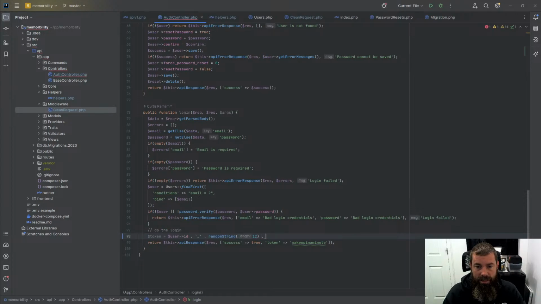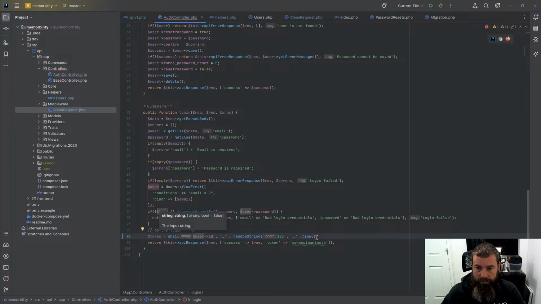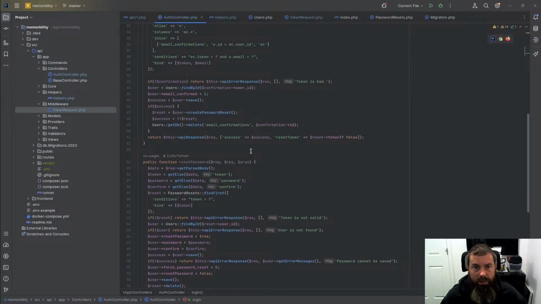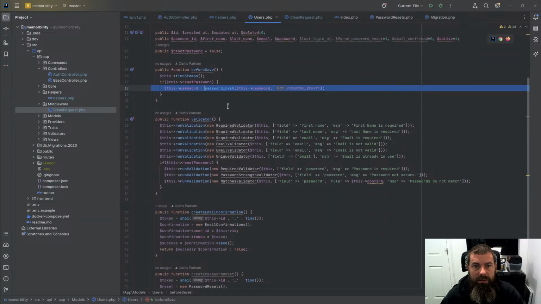And then let's concatenate on also time. Before that, I'm going to concatenate underscore. And then what we're going to do, though, is we're going to wrap this whole thing in a SHA-1 so we can get a consistent length on this. But we're going to build up user ID with a random string and the time. So this shouldn't be very guessable, and we should really swap out the way we're creating our tokens for, we'll do that real quick. So since we have our random string generator,